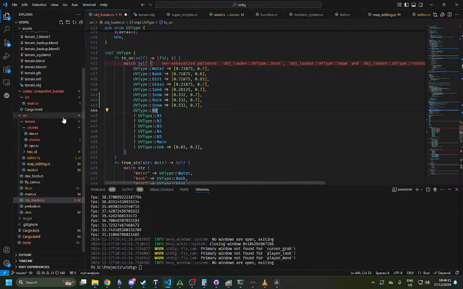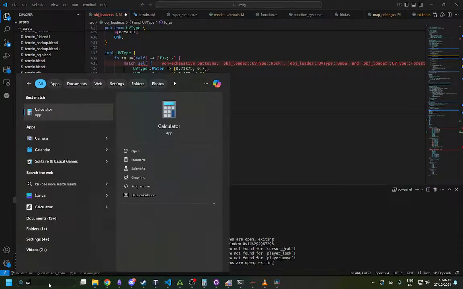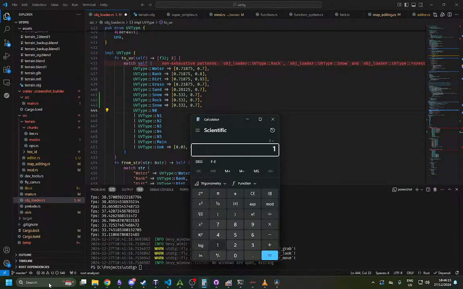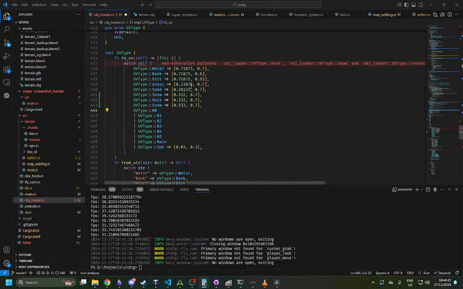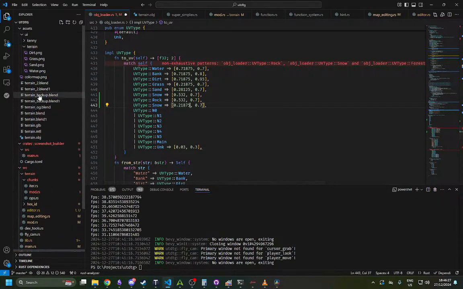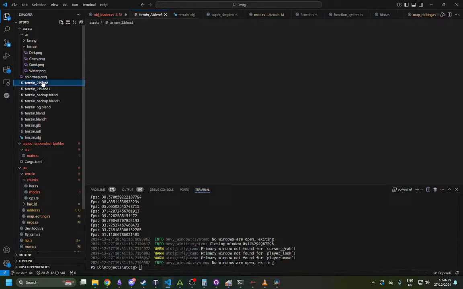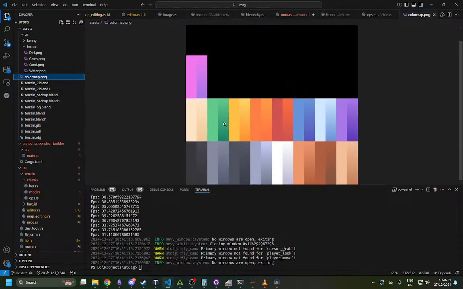So rock is 1 divided by 16 times, say, 3.5. 0 to 1. So that means you're in the same place as grass. That puts you in exactly the same place as grass, which seems wrong. Where is grass? Okay, grass is up here. Oh, it's 0.7, so that's 7.5, I think. So we want like,